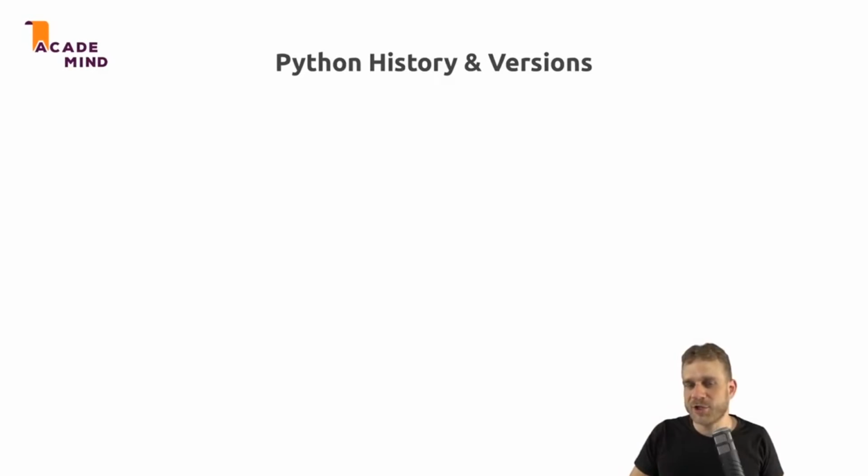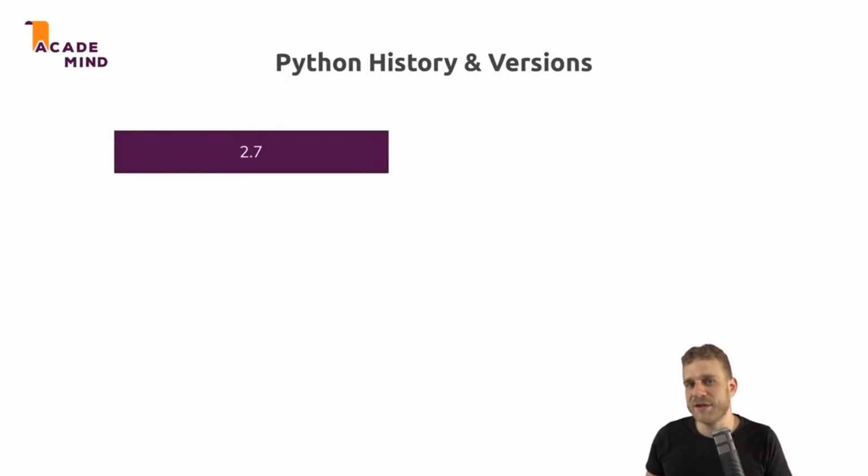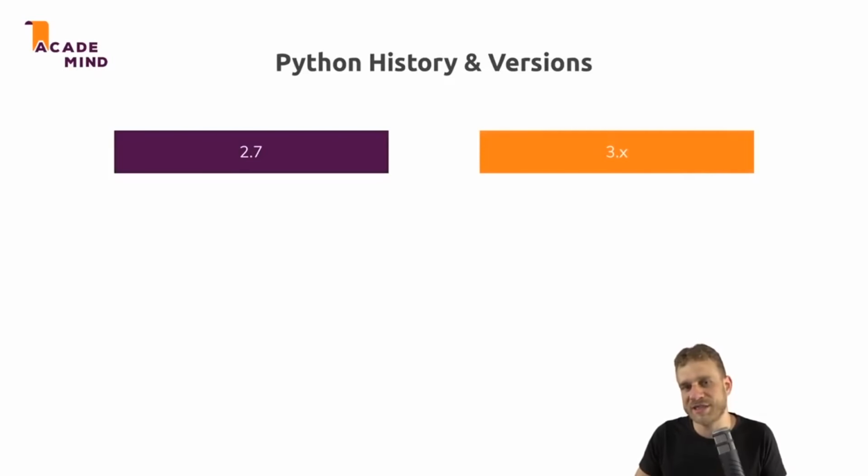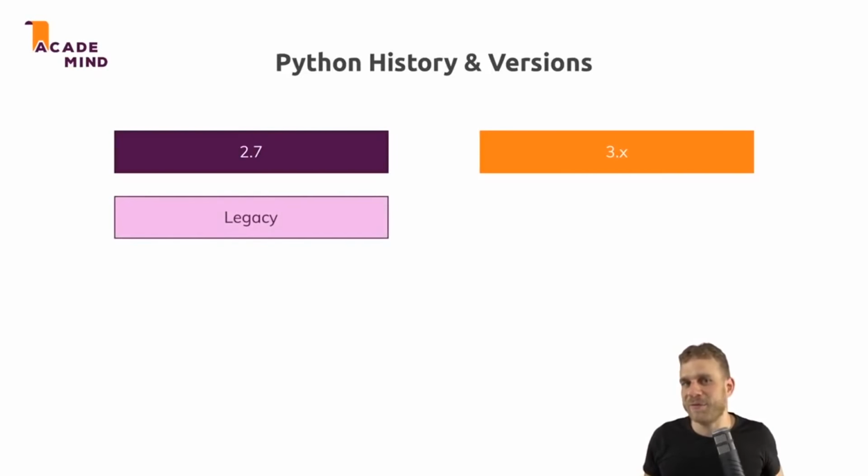Now, to come to an end in this module, let's have a brief look at the Python history and more importantly at the two important versions that exist. We got Python 2.7 and 3.x. Currently 3.6 is the latest version, soon it will be 3.7. Now what's the difference? 2.7 is an older version, it's the legacy of Python. Learning it right now is not really something I would recommend or anyone would recommend. There are some very niche cases, and if you need to cover them, learning the more modern version, 3.x, is still a better choice because it will then make it easy for you to learn 2.7 anyways. But generally, you don't need 2.7.